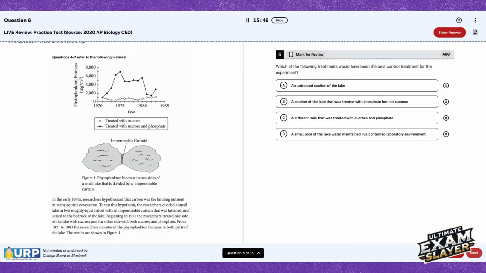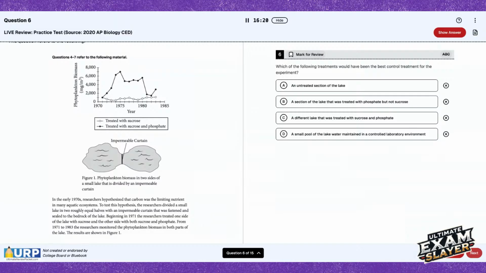All right, question 6. Which of the following treatments would have been the best control treatment for the experiment? Remember that you have both positive and negative controls, and so it depends upon whether you are withholding the independent variable or whether you are comparing it to an expected positive result, and you're picking like a middle ground of that positive result. So if I look at my options here,